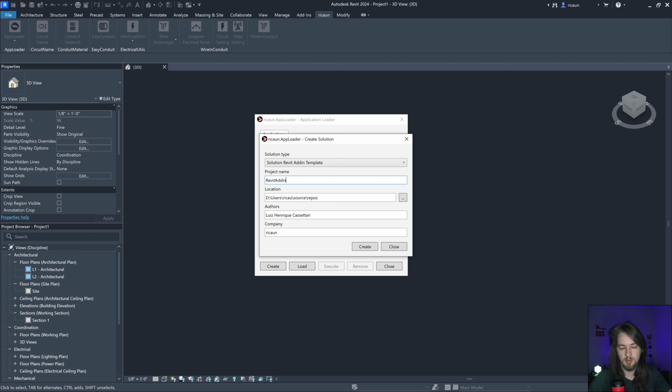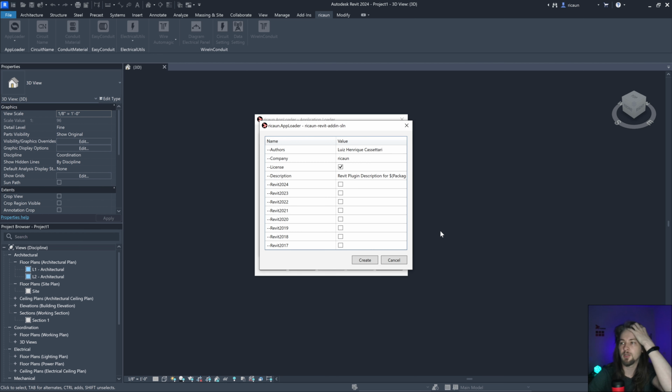Let's create a project called progress bar example, I guess. Good enough. I'm going to click OK. Let's create it with all these versions.